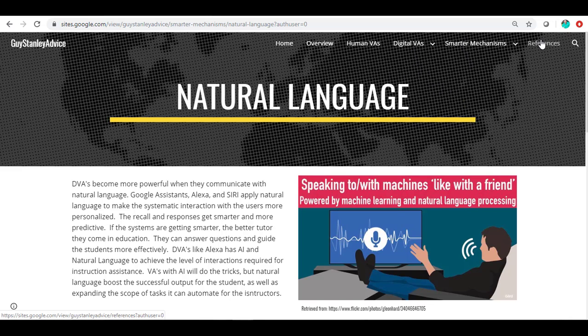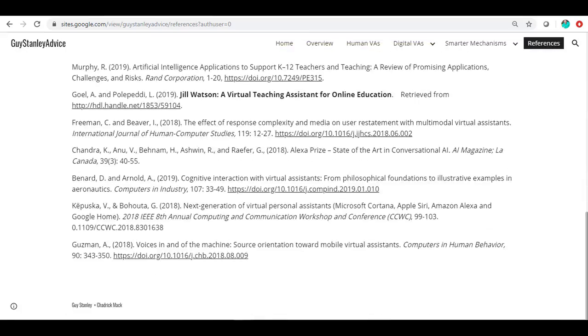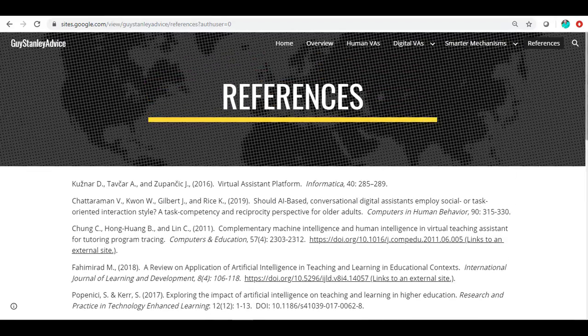That completes the instruction. I did add references. There were a lot of good articles, but a couple of them were hard to find because of the newer technology and content. One of the greatest things that I learned from building this is the complex algorithms and models